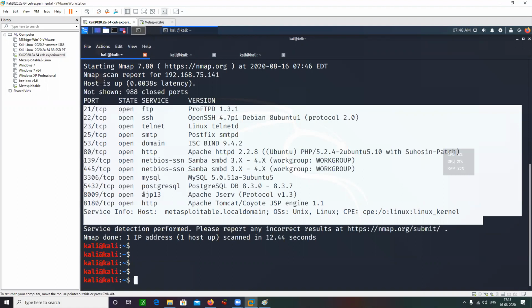Let's say I want to enumerate port number 80. I figured out that HTTP is running on port number 80, and the server is Apache 2.2.8. Now how can I poke at port number 80? How can I explore more on port 80?